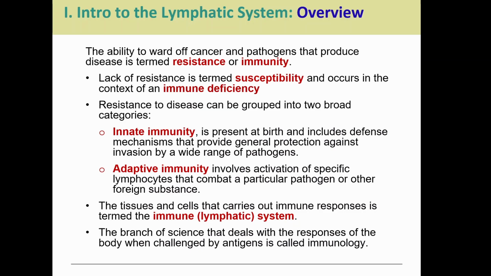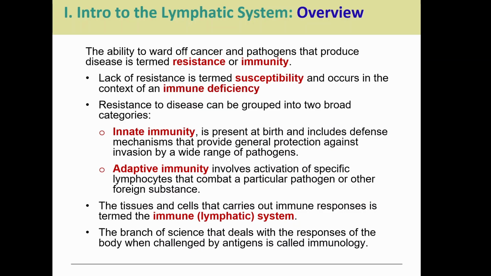And I've been saying the word pathogens, and I feel like I should quickly define that in case we've forgotten. A pathogen is some sort of microorganism that can make us sick. They can be viral, they can be bacterial, they can be fungal, right? There's a laundry list of things, but generally speaking, we're talking about some sort of microorganism that can cause illness. So innate immunity, these are things you're born with. It's not going to fight off a specific pathogen. It's going to be a very generalized response.